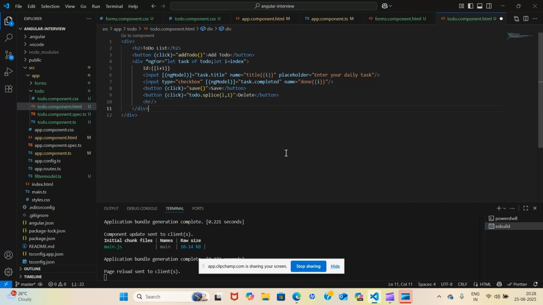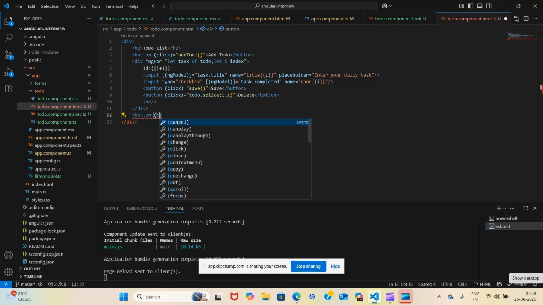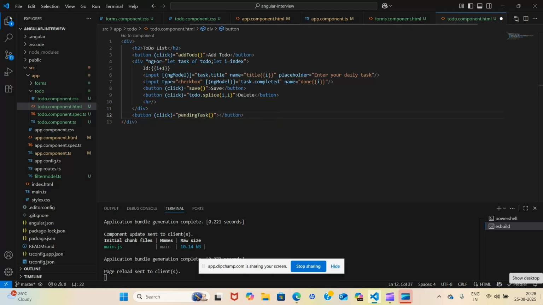Okay, and create an input button for filtering here. So the pending task will be called, let's say pending task only. I want to display, so I'll loop it again.